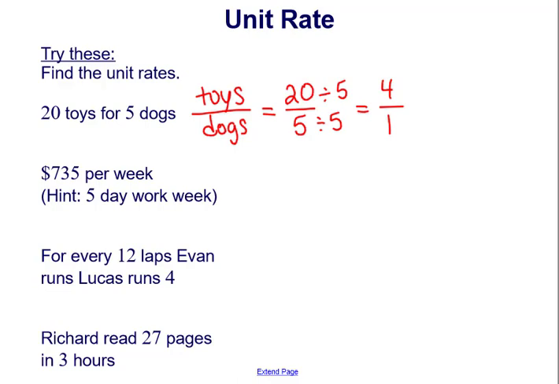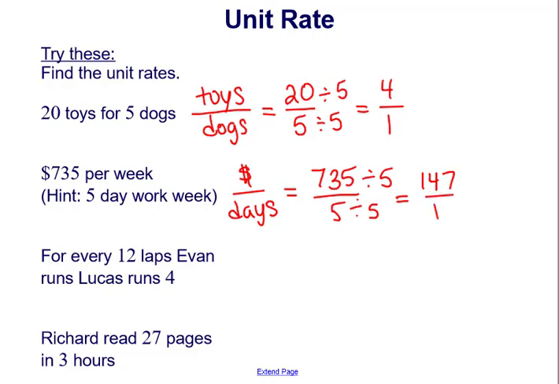The next one, we're doing $735 per week, but it's really not a unit rate because there are 5 days in a work week. So we can see how much money there would be in a day, right? That's what we're comparing in the rate, money per amount of days. So we're told 735 over 5. If we divide both by 5,